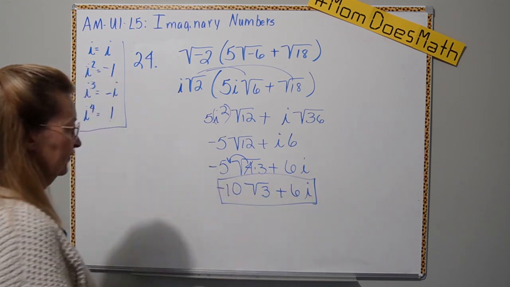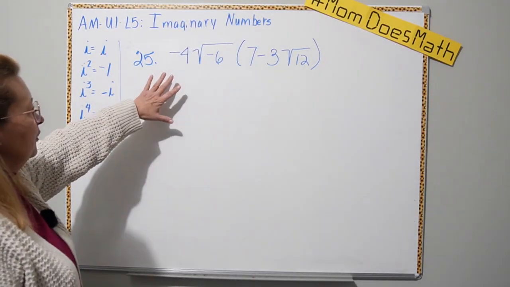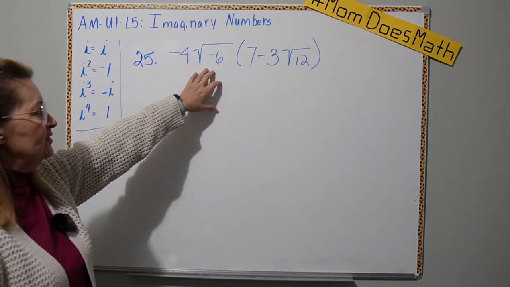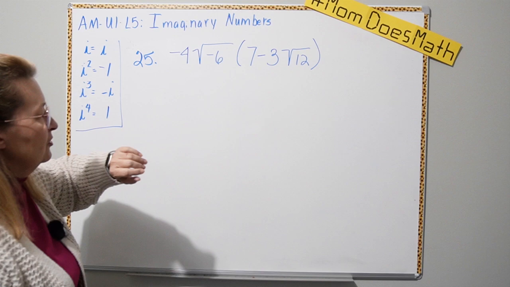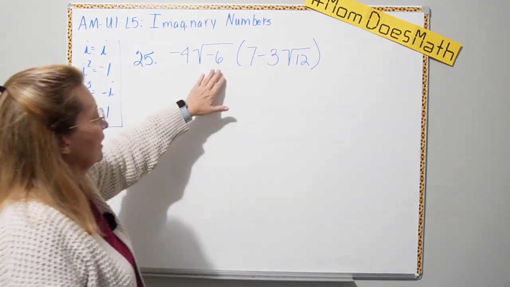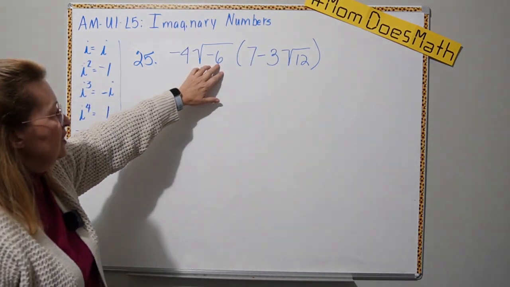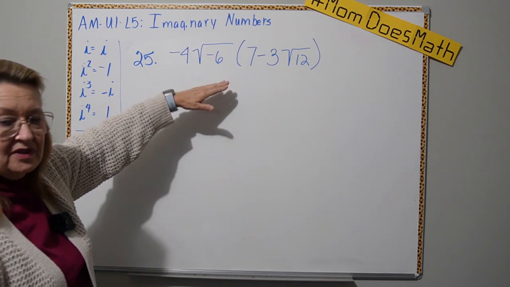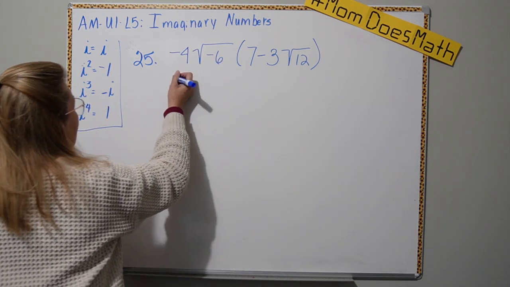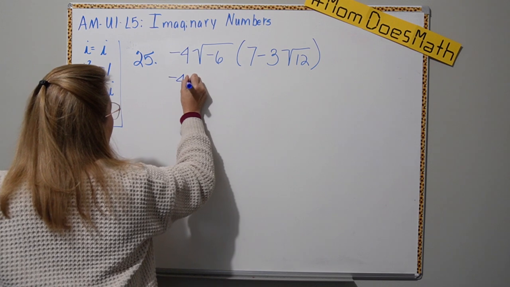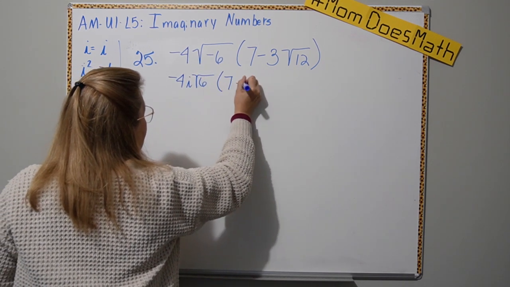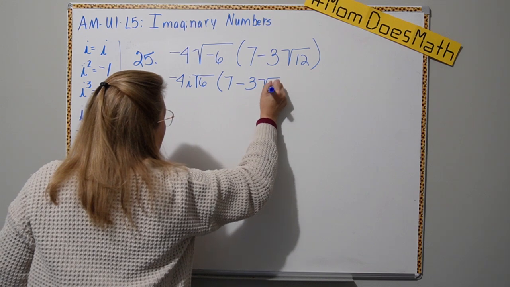It's just that easy. Okay, we're in the home stretch now. This is number 25, and you got negative 4 square root of negative 6 times 7 minus 3 square root of 12. Now all this is fine. Let's get rid of the negative 6 first. So we're going to turn that to i squared times 6, pull the i out. So this is going to convert to negative 4i square root of 6 times 7 minus 3 square root of